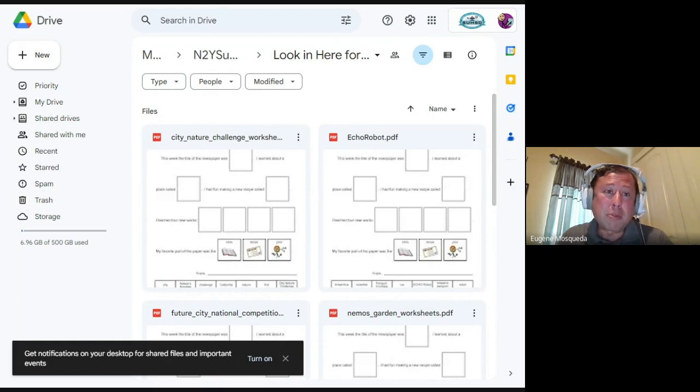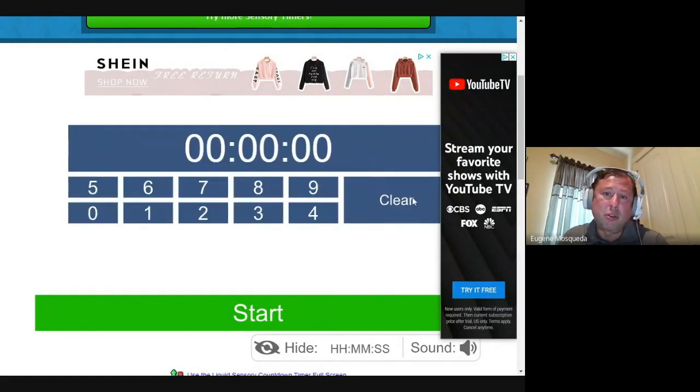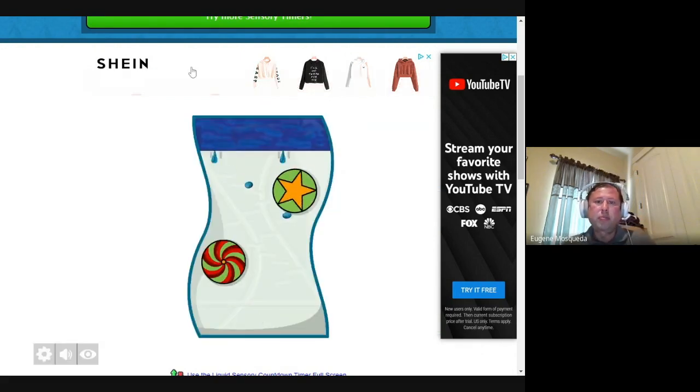So I'll put a timer on, and then if we can go for about 8 minutes, if you want to just poke into those folders and get that information. And what we'll do is we'll share one of them on the whiteboard. But let's do 9 minutes. Here's my sensory timer.